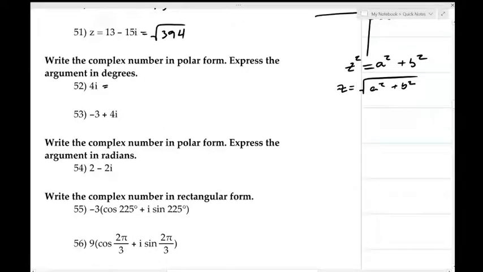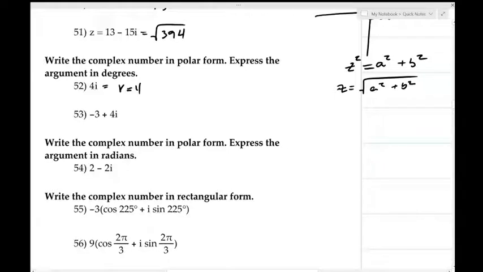Now, the way we find the equivalent polar expression of it is that r is equal to the magnitude, or z is equal to the radius, right? And that is going to be the square root of the sum of the squares of the components of the complex number. So in this case, we have the radius to be 4. So r is equal to 4,